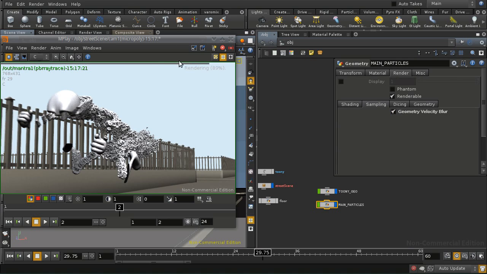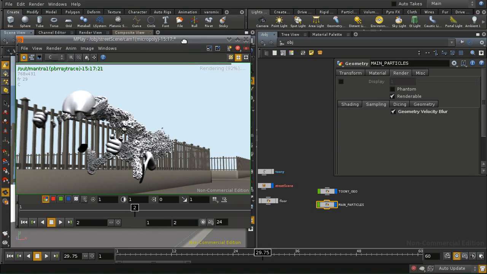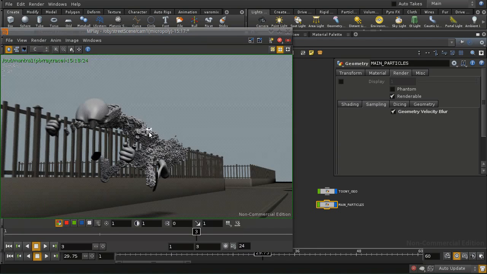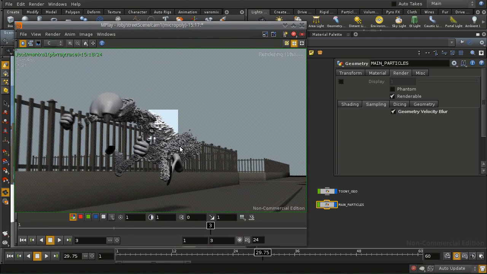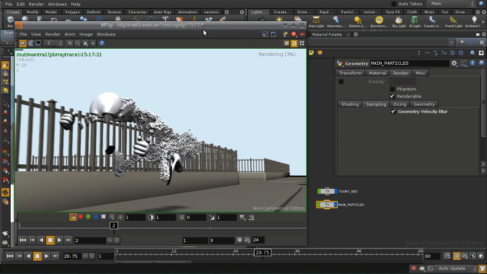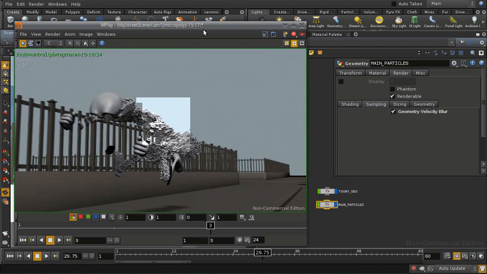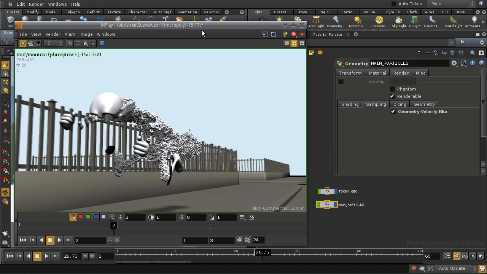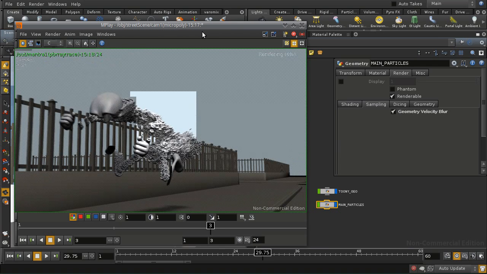So if you activate that now and shoot another render, that should have very nice motion blur now. And there we go, we have motion blur now in the particles there. And now I think that they are a bit bigger, but you can tweak that in that parameter there. And so now the only thing left here is to just cache the particles